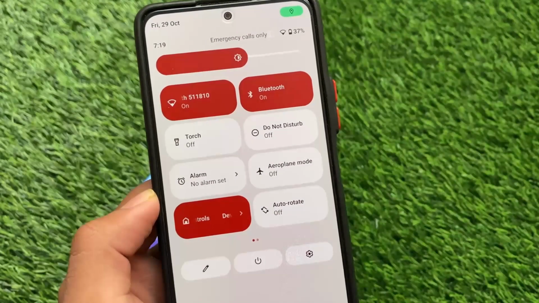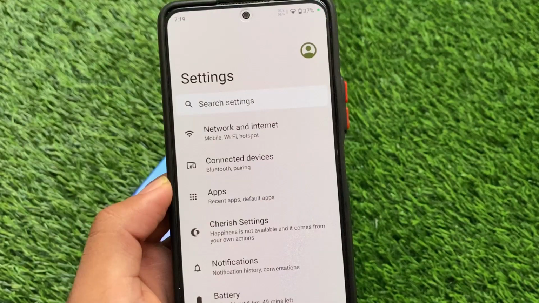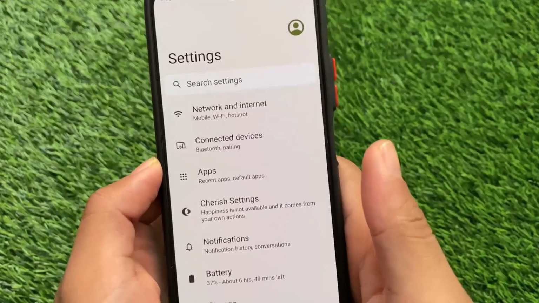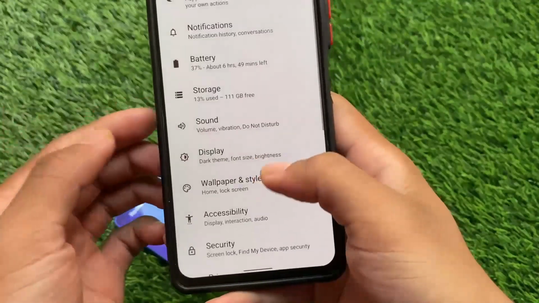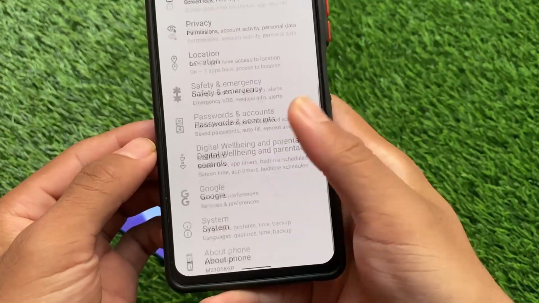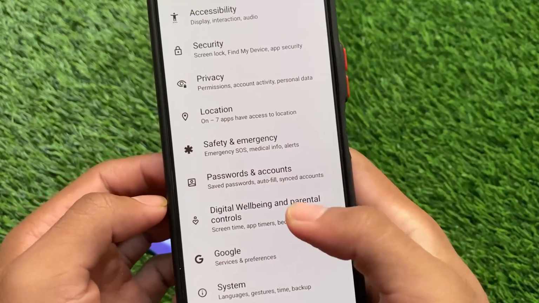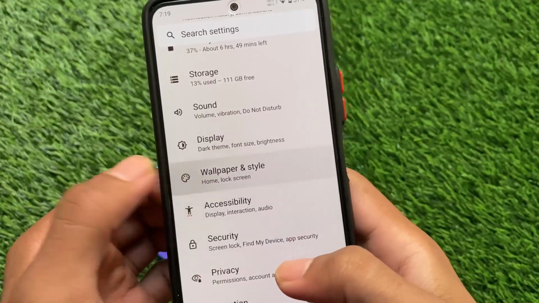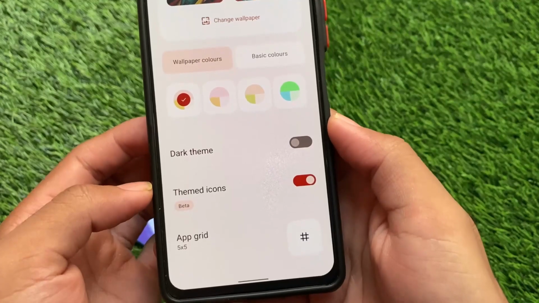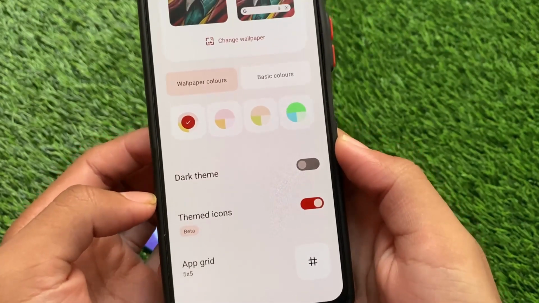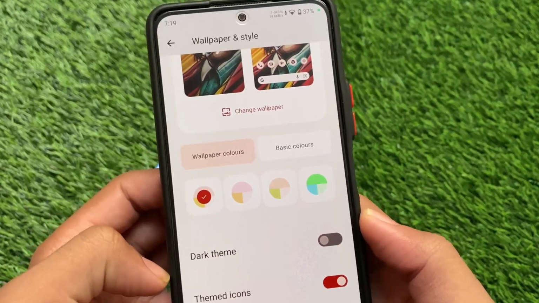Other things are kind of same here. You don't get any kind of major changes, features, etc. UI is basically the same. Very simple things, and these were things I just wanted to let you know about. If you want to install this build on your device, just find out which device you're using, check if it is available, install the custom ROM, format data, and you are good to go.